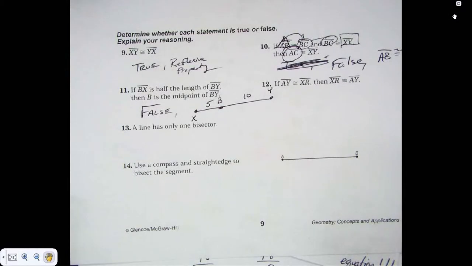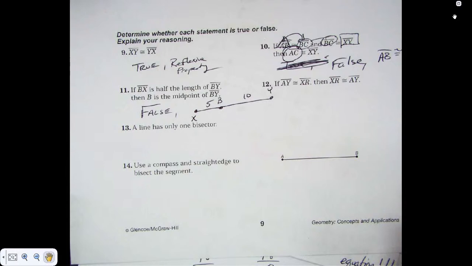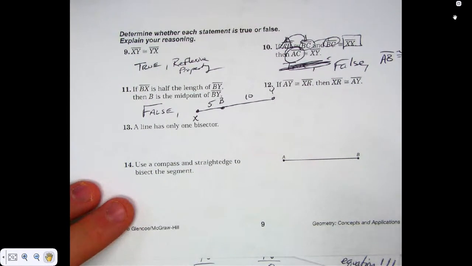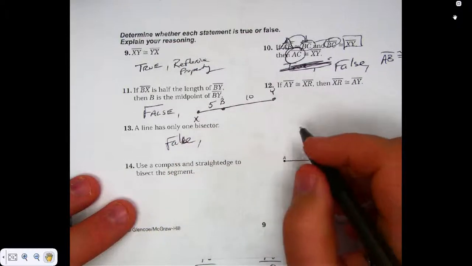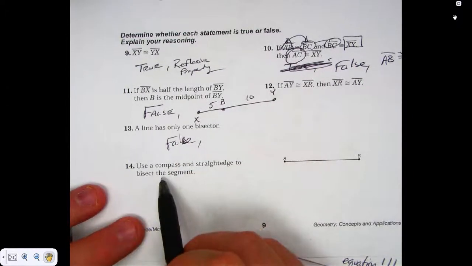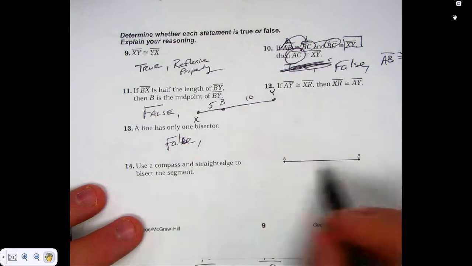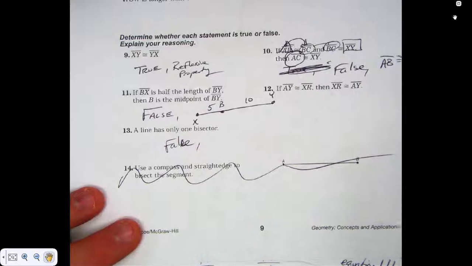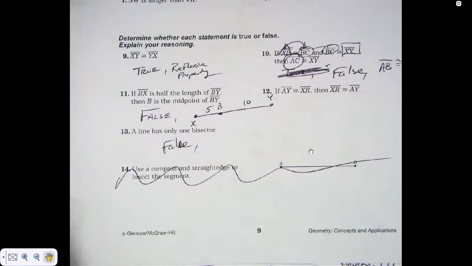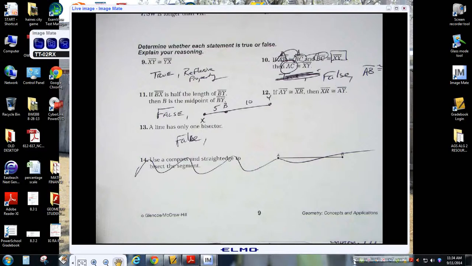Plus it could be on a different line. A line has only one bisector. That's false. Because the line goes on forever and ever, so it's a terrible, terrible problem. To bisect the segment, we're not doing construction, so don't worry about that one. Okay? And plus, a bisector of a segment has infinite, because you can draw a bunch of lines through it. But I guess a bisector could be a point, but